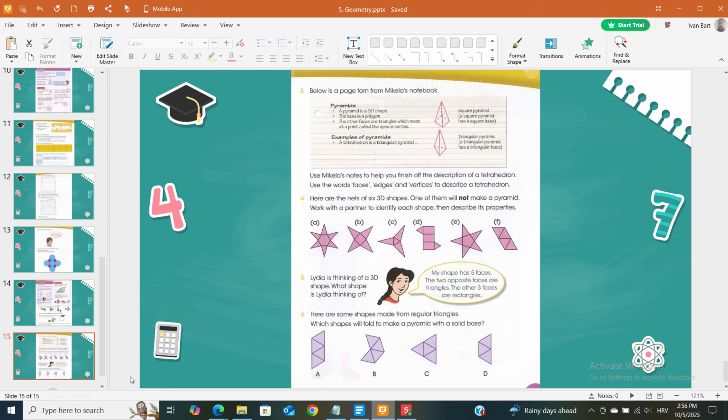5. Lydia is thinking of a 3D shape. What shape is Lydia thinking of? My shape has 5 faces. The 2 opposite faces are triangles. The other 3 faces are rectangles. 6. Here are some shapes made from regular triangles. Which shapes will fold to make a pyramid with a solid base? A, B, D,